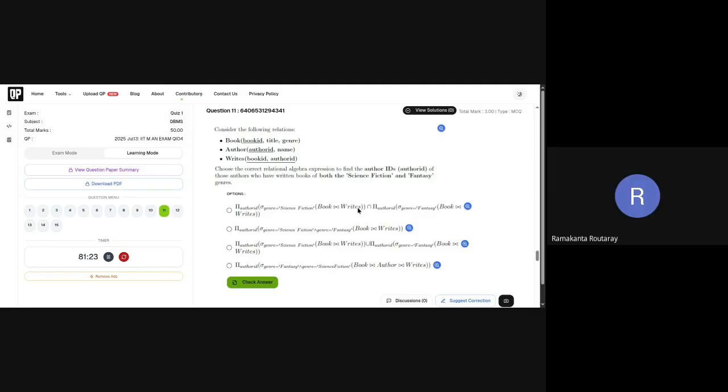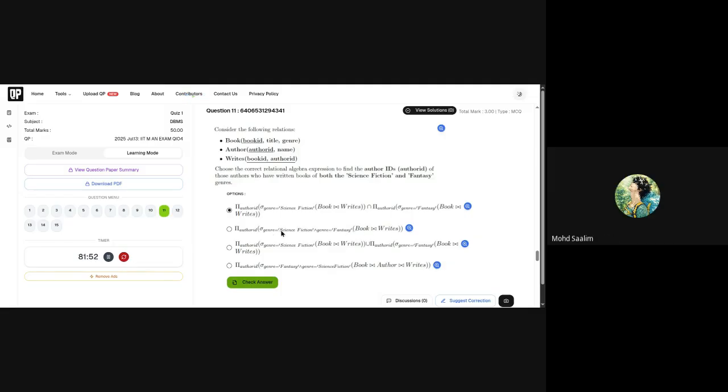So both, and that means intersection, na? In that sense, option A will be the one. But before that, Option A seems promising, yeah. But what is the problem with the second option? Books and rights, okay, but there are science fiction genre, books and rights.